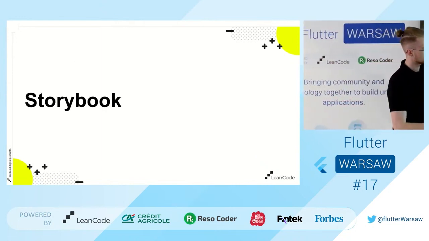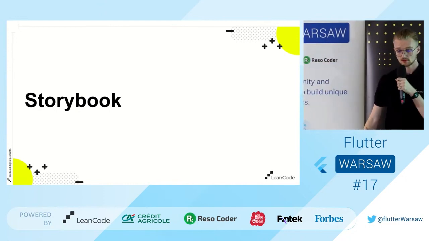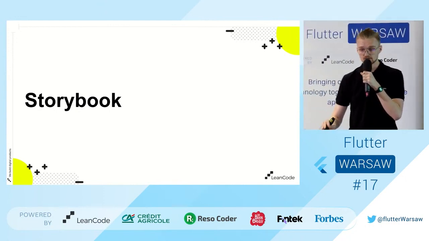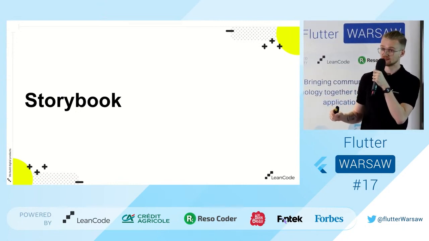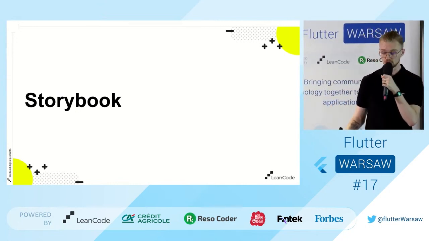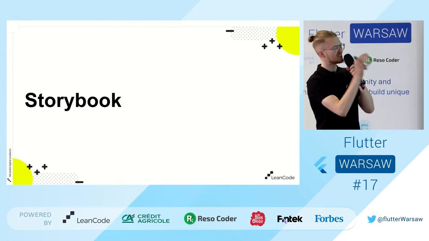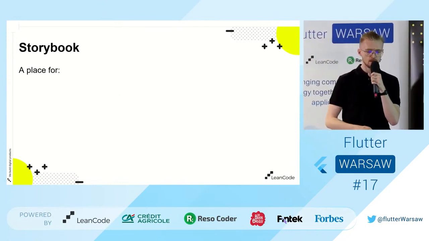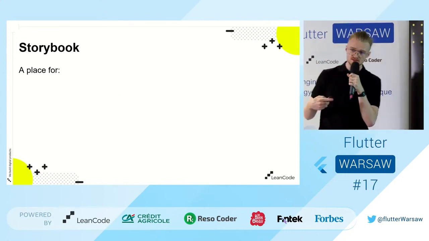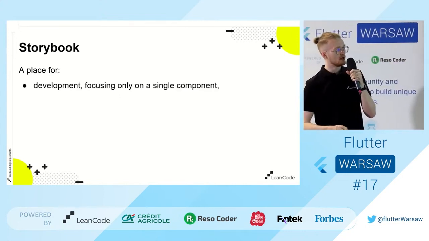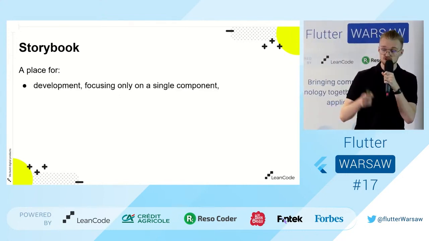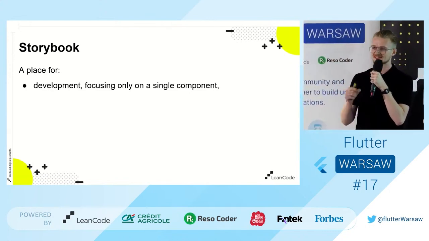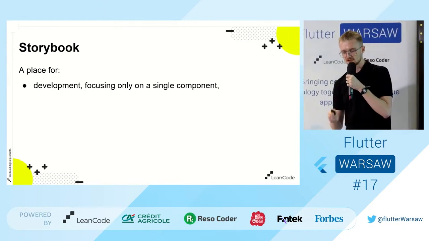Okay, and this is a big chapter right here, because if I were to name one thing that improved my productivity the most during the whole development of this project, it was the storybook. Why? Because storybook is a place for me as a common UI developer for the development, where I can focus only on this single component, on all of its variants, states, on all of its edge cases,